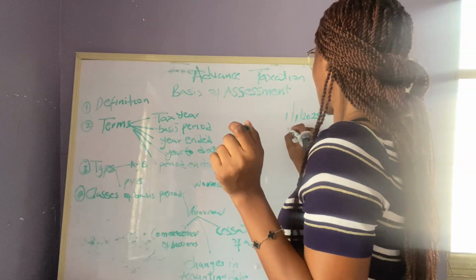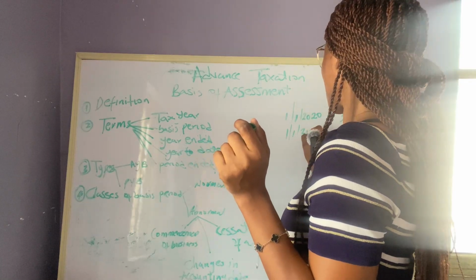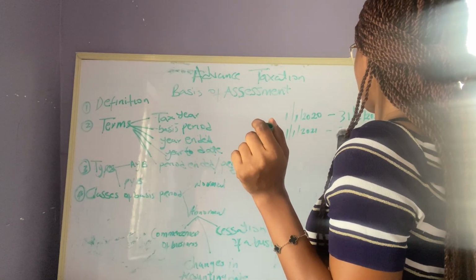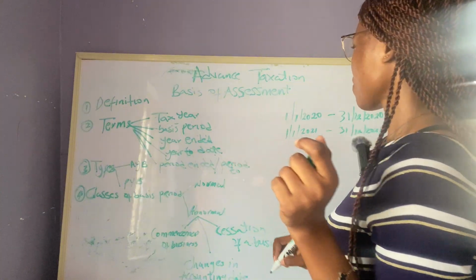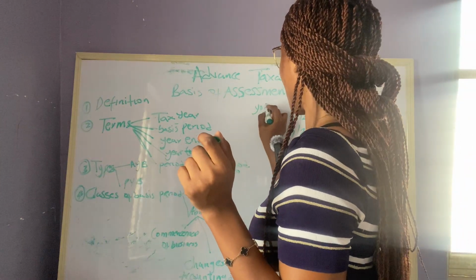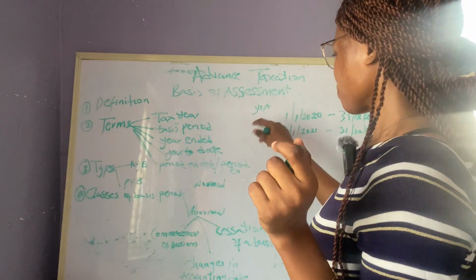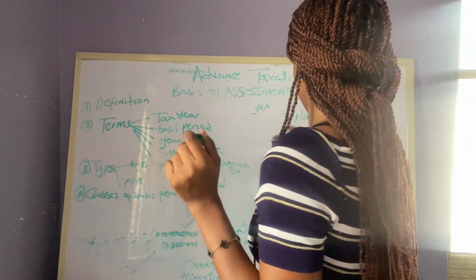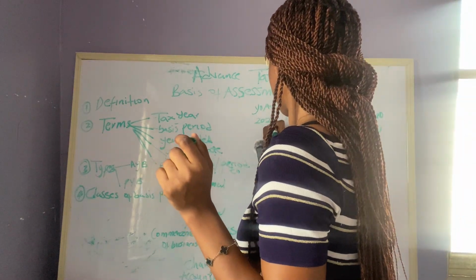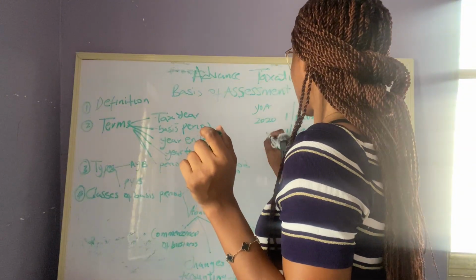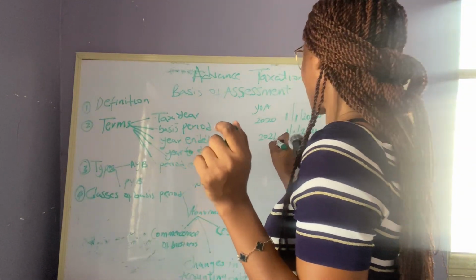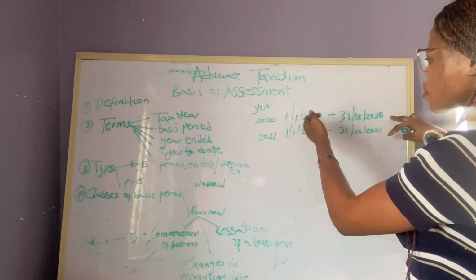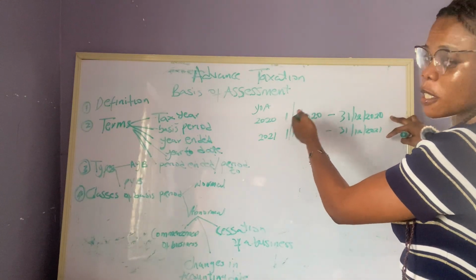So we now say, okay, 1 January 2021 to 31st of December 2021. So the YOA, that's years of assessment, is going to be 2020, then 2021. So you can see this accounting year, this basis period, runs